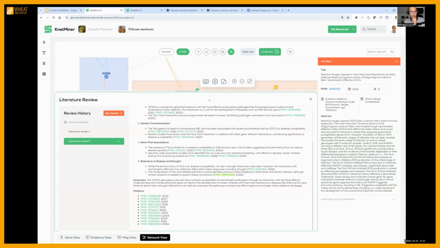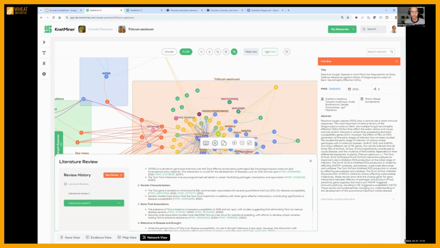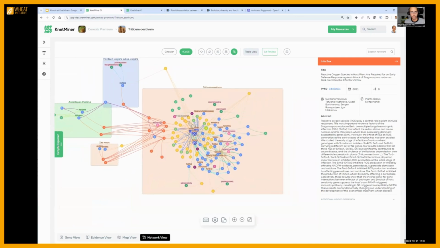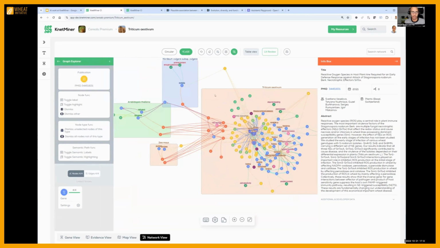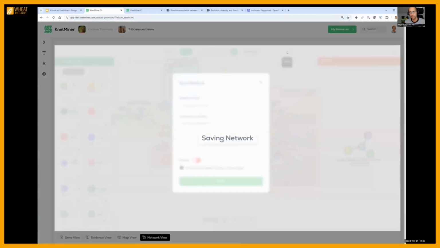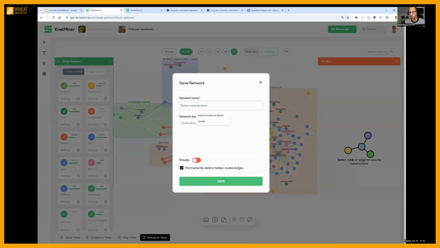So these reviews and the network can at some point be saved. If I close the literature review, I have generated 2 reviews, and I have, let's say, hidden a few pieces of information and added some. This is all interactive, and I don't want to go into all the details of how people interact with this, but at some point they can say, I want to save that review and the knowledge graph all together as a bundle. So, TSN1 report,